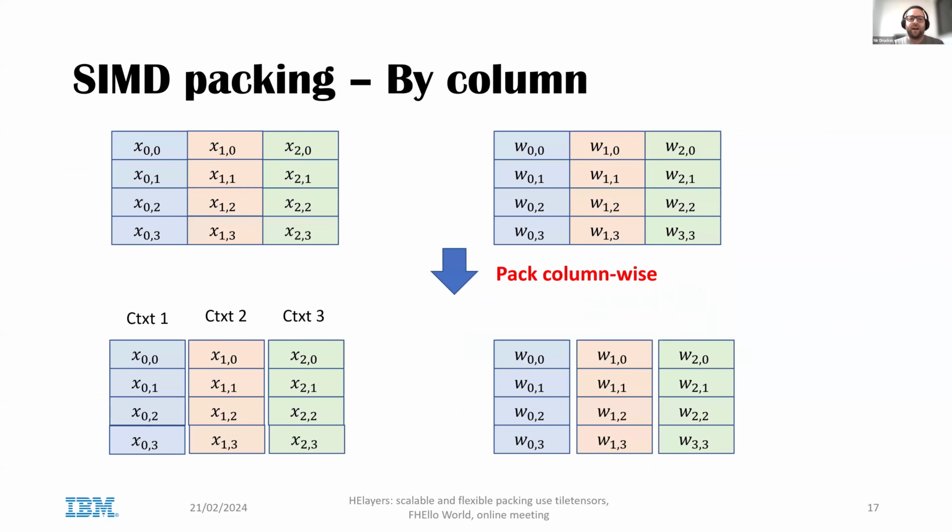Then we need to decide how to pack the data inside different ciphertexts. So here we place the x0, x1, x2, one next to another, and we decided to pack them column-wise. So every column contains 1 x vector, and same thing for w. Now, of course, we can multiply one with each other with one multiplication, but then we need to do the rotation sum, which would require costly rotation operations.